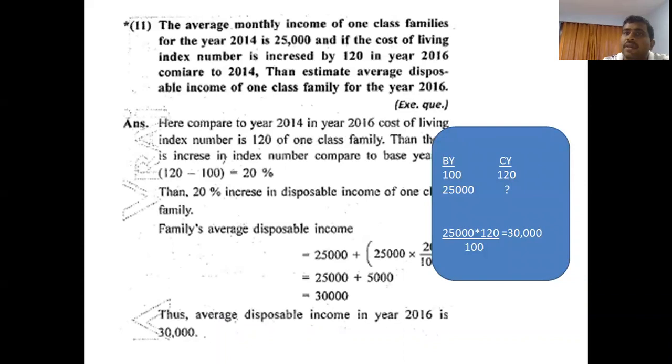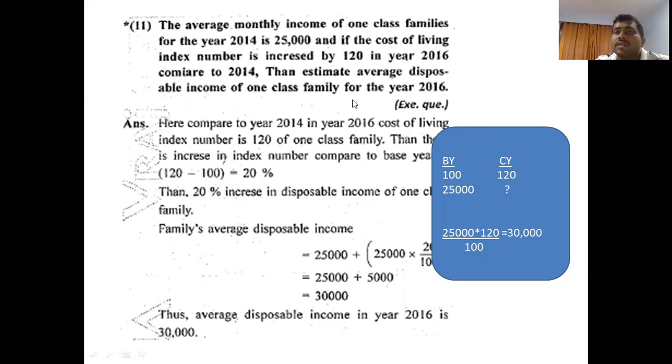This one, right? So friends, what the problem was in that question: the 25,000 was in 2014, no issue. The cost of living index number is increased by 120%. Some confusion arose at that time. It's not increased, it was just 120, not an increase. If you see the textbook, you can see that it's just 120. So 100 and 120, right?